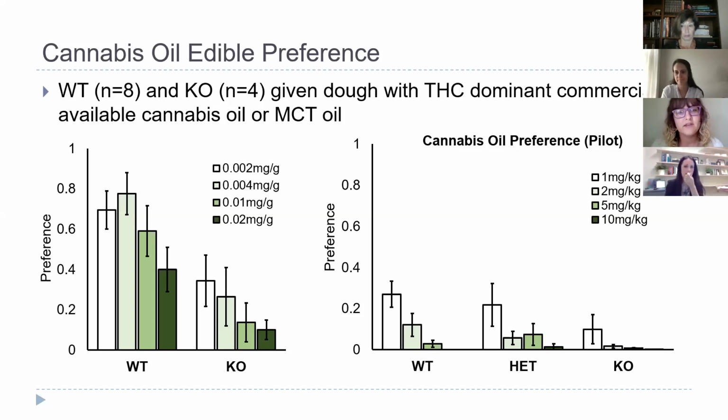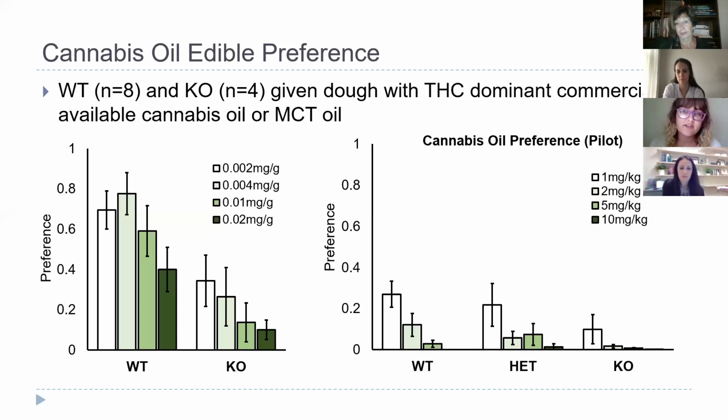However, so far we have seen that when we give a THC dominant cannabis oil in one of these cookie dough balls, we are still seeing this genotype dependent effect wherein the knockout mice seem to have lower preference for this dough than the wild type mice. However, I'm showing you these results more because they're very interesting when we contrast them to our initial pilot results. This pilot was conducted on exclusively male and older animals than what we're currently running. And if you look at, for instance, the wild type mice, preference in what we're currently seeing is much higher than what we saw in the initial pilot.